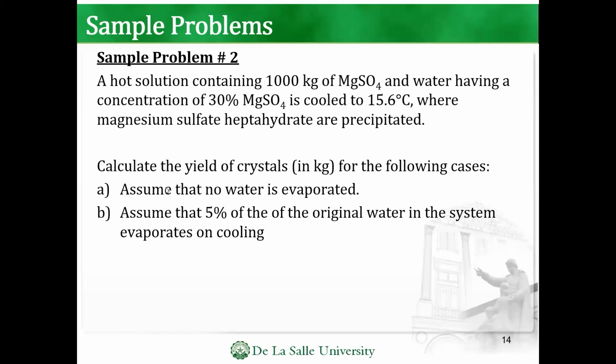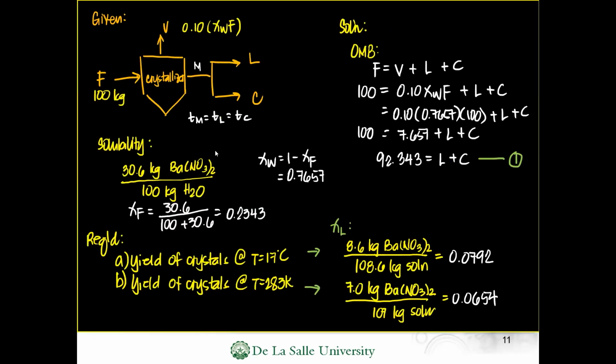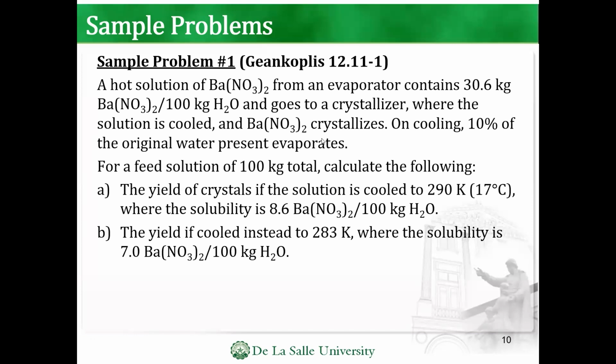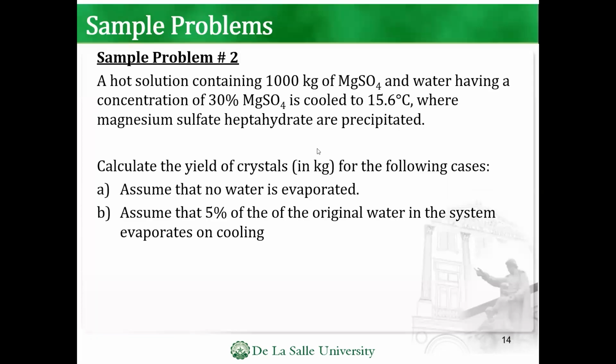Letter A, assume that no water is evaporated. And then letter B, assume that 5% of the original water in the system evaporates on cooling. So in this case, you're given a 30% feed concentration as opposed to the one in here where you're given basically a solubility. So let's try to draw first. So for the given,